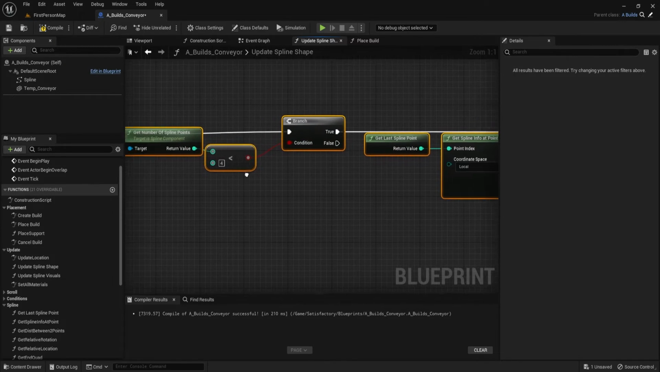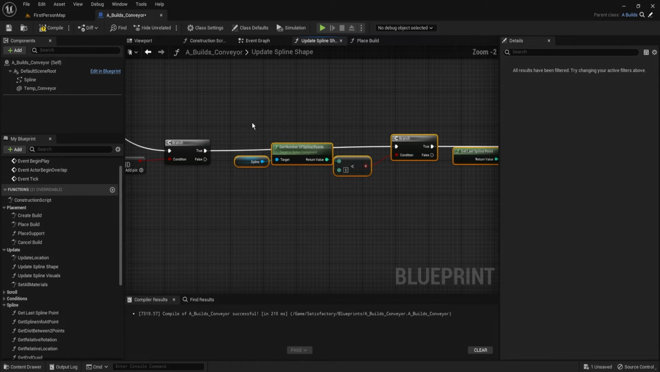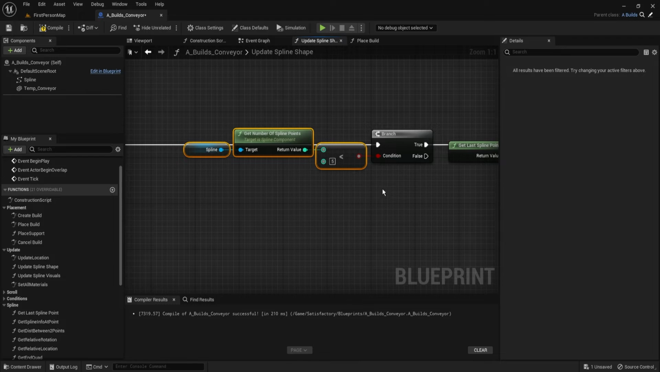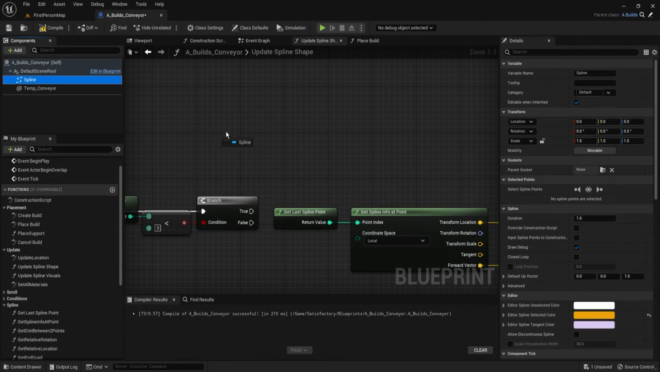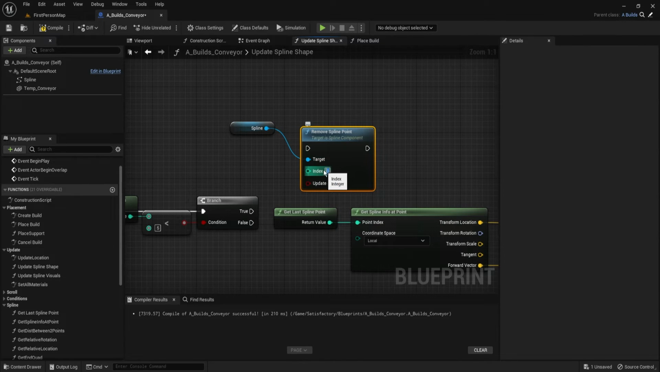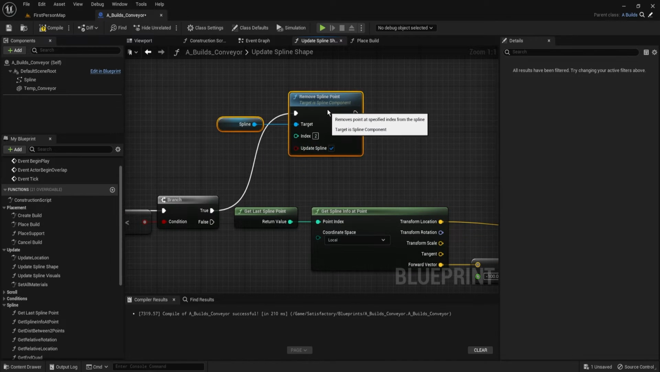So this time it's going to be 5, if I'm correct. Okay, so maybe that's not correct. Sorry, no, this is correct. But unlike before, we're not going to add, we're going to remove this. So if 5 is true, we want to get our spline here and say remove spline point. And the spline point we'll remove is once again 2. We can remove any spline point because we're going to update it immediately after anyway,